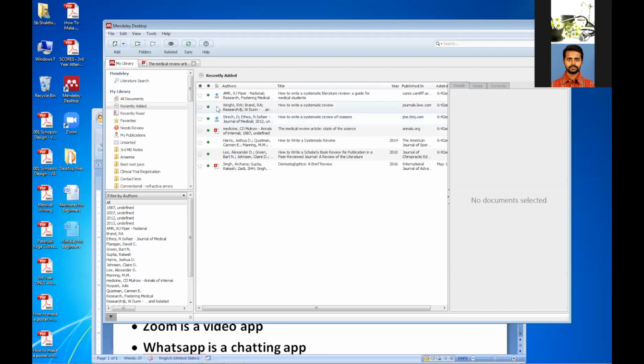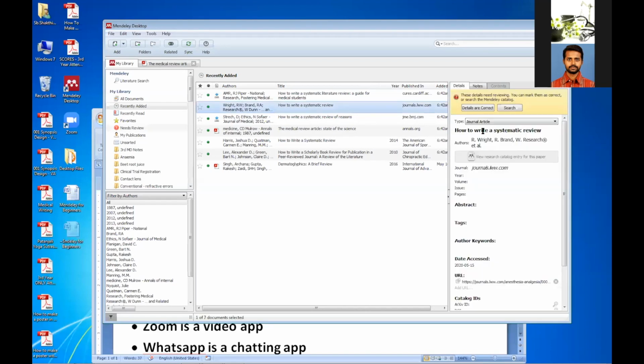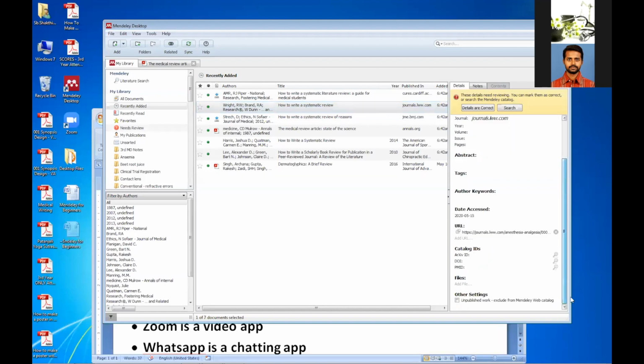Okay, now there is no PDF here. The references, the green color dot shows the reference is available, but there is no PDF. Now I am just opening it. On the right side, you can see what it is. It is a journal article, the author's name, the journal, the abstract is not there. It gives all details about these references.